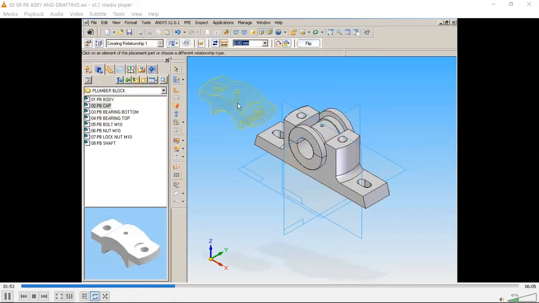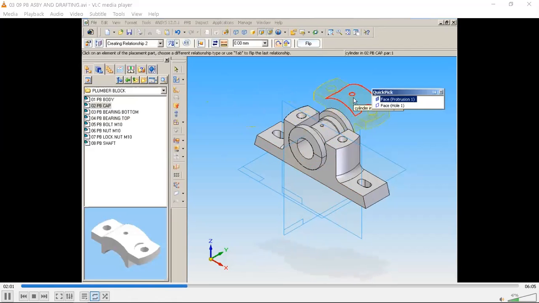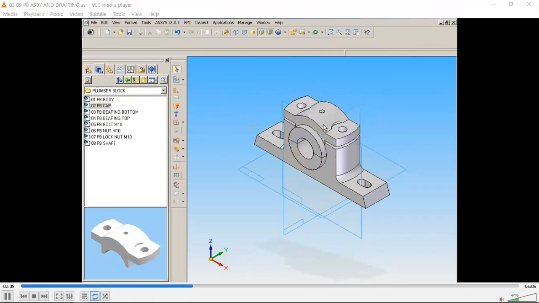Next, the cap. For the cap, again axial first, or you can take the face. Now it is axial. The hole, that is again one more axial. Now this is completely positioned. Then go for the bolt.